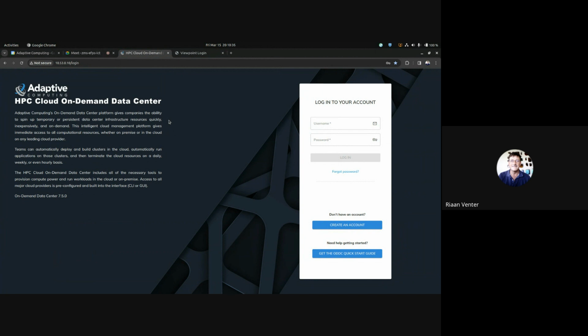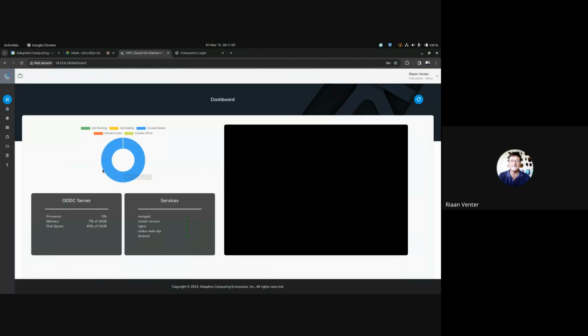And to set the stage a little, I am sitting in South Africa, and I am managing this environment from here. So I'm VPN'd into an environment, and I'm managing all of these different clusters all over the world, all the way from South Africa. So let me log in as an administrator. Now, let me go immediately to my